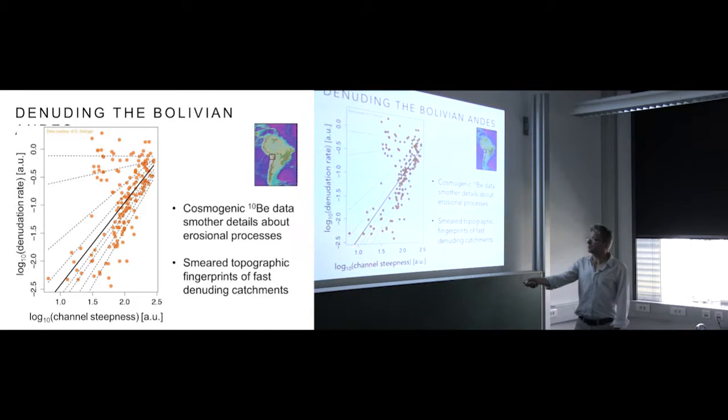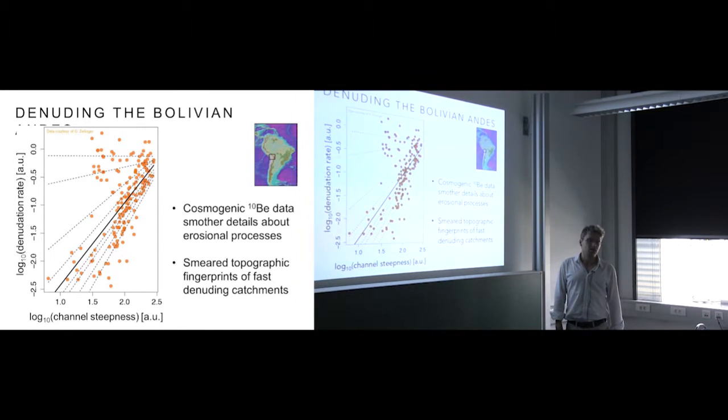And we have here a measure of how steep the channels in the landscapes are, normalized regarding their upstream catchment area. These are the data points, and you can see most of these data points actually fit quite a nonlinear relationship. Remember, this is a log-log scale, so a straight line gives us an indication of a nonlinear relationship. The steeper the channels are, the higher the denudation rates become, at least for these catchments that are eroding